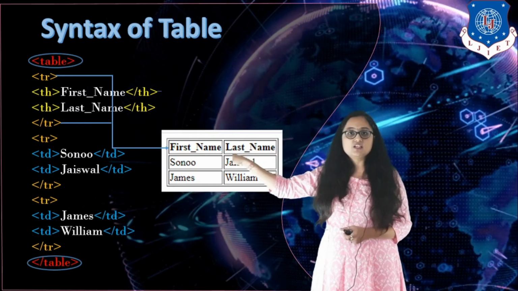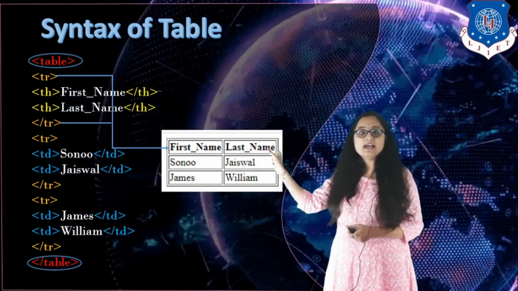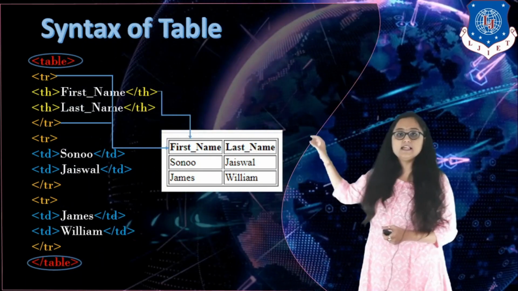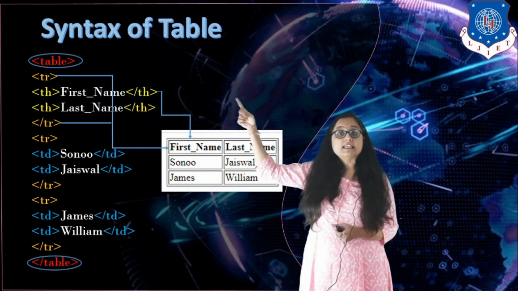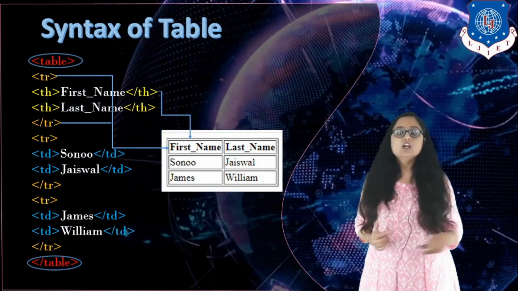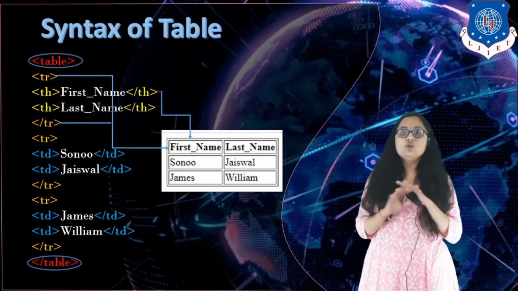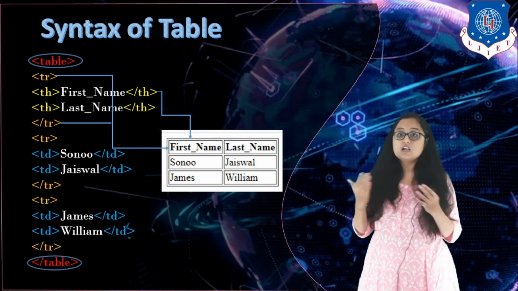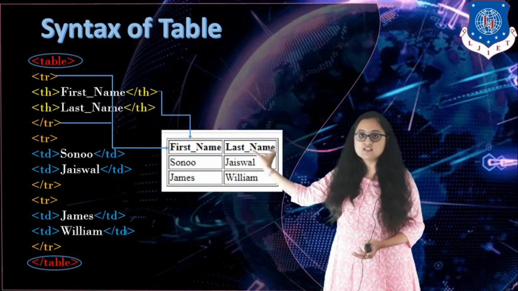So first name, that particular cell, consists of the first column, and the last name cell consists of the second column. So here, as you can see, for the first column, or you can say for the first cell, I have written TH. Now what is the difference between TH and TD? There is only a visual difference between TH and TD. Semantically there is no difference. Both are doing one and the same thing. They are defining the table data, or the values in the cell.